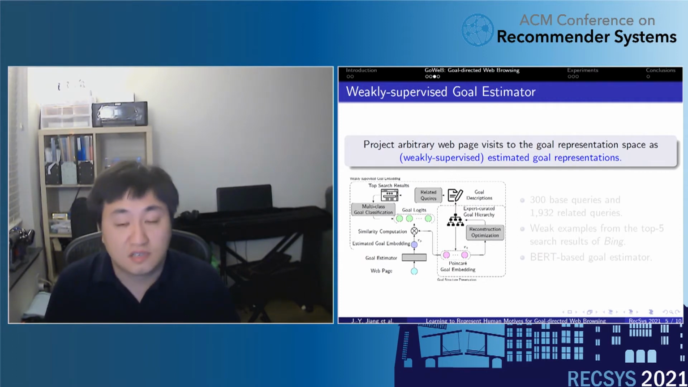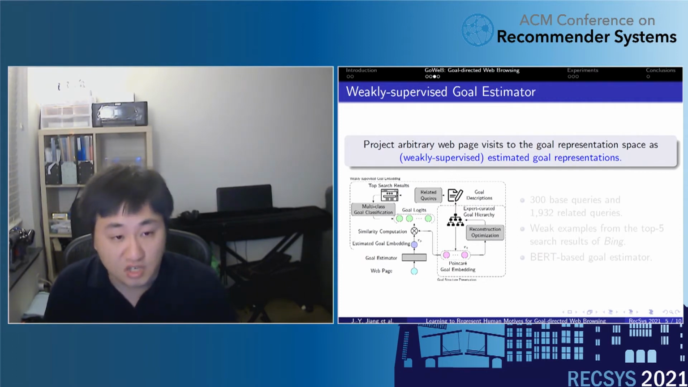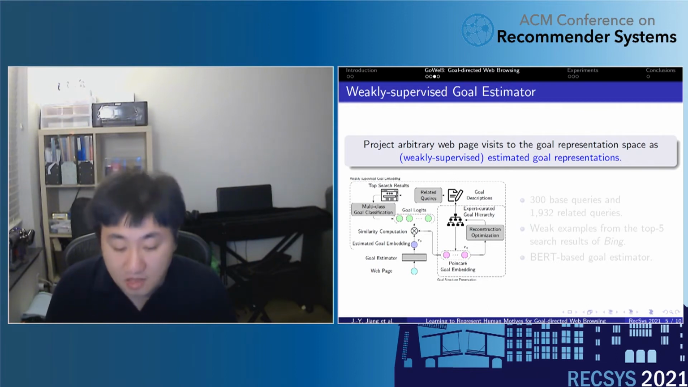So based on the Go representations, we would like to have a Go estimator to help us project arbitrary web page visits to the space of the Go representations. So we propose a weakly supervised framework to estimate the Go representations. So first, we